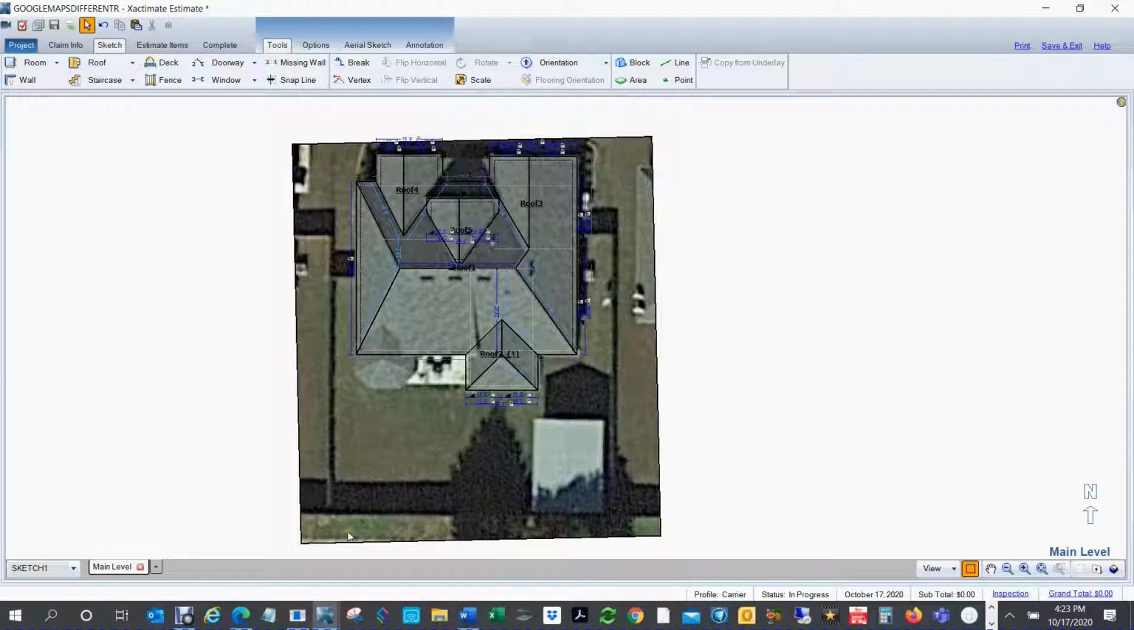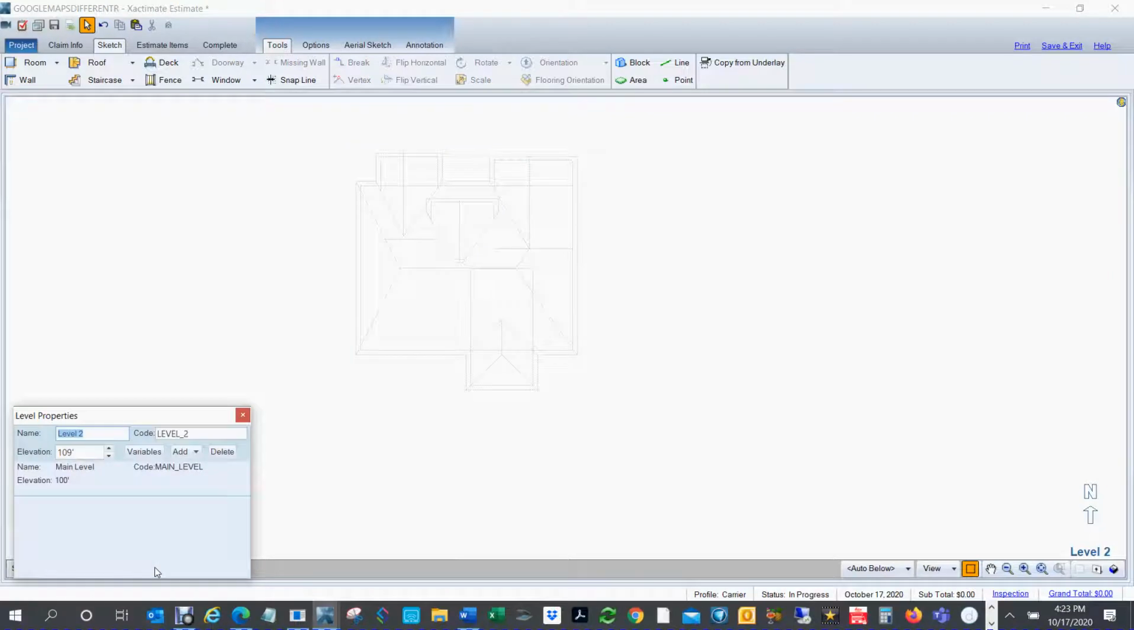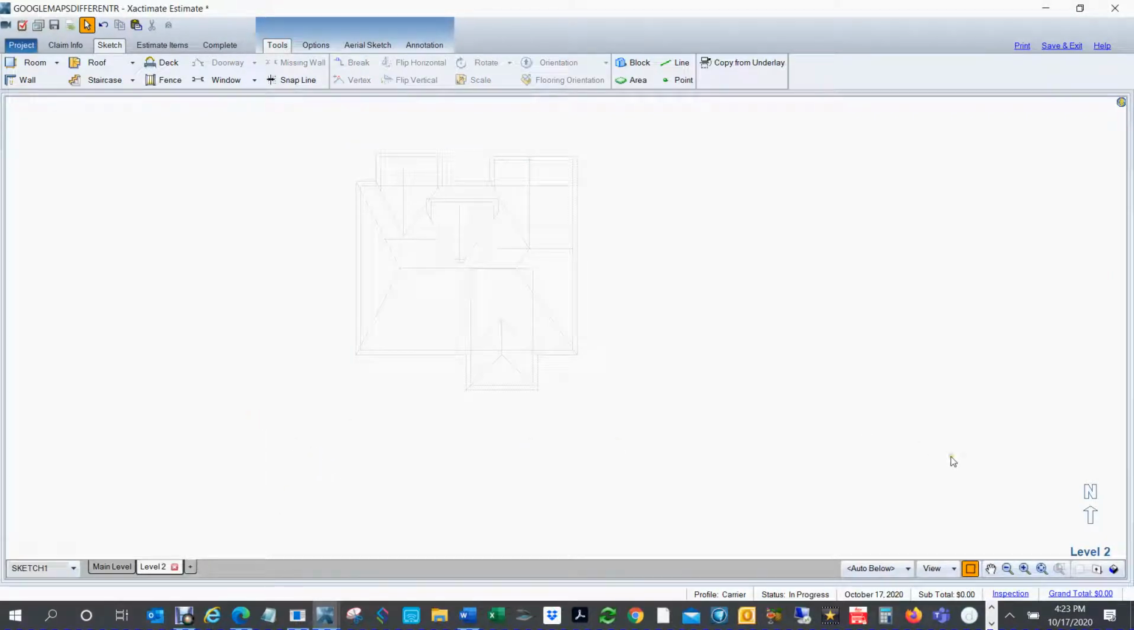Now, watch what I'm going to do. I'm going to hit my plus sign. I just created a new layer, and I'm not even going to name it because this is just so that I can do that fan roof. Okay, so if I go to roof, tell it custom, hit fan roof,